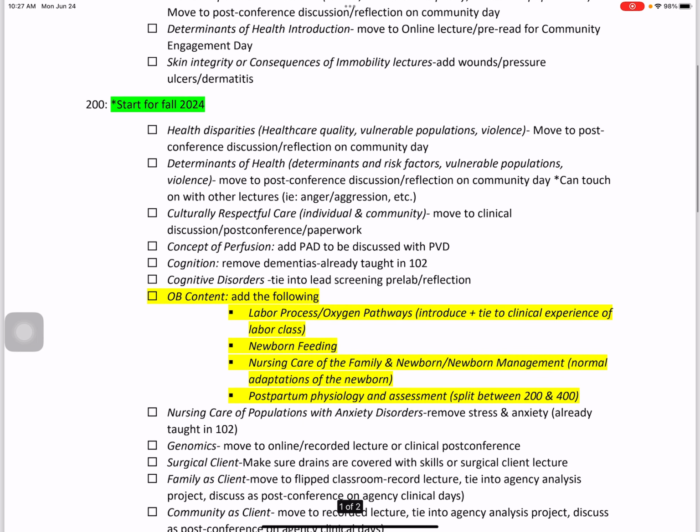For 200, again, the main content is the OB content being added. So in order for that to happen, health disparities, determinants of health, culturally respective care, cognitive disorders, that gets moved to or paired with a post-conference discussion, community day,